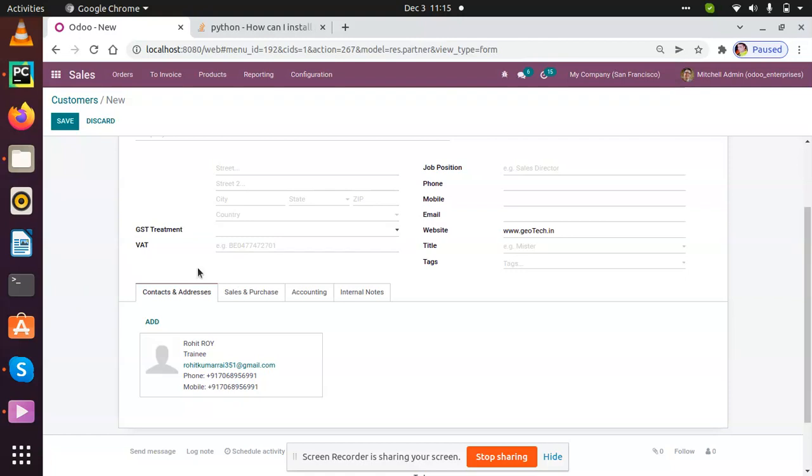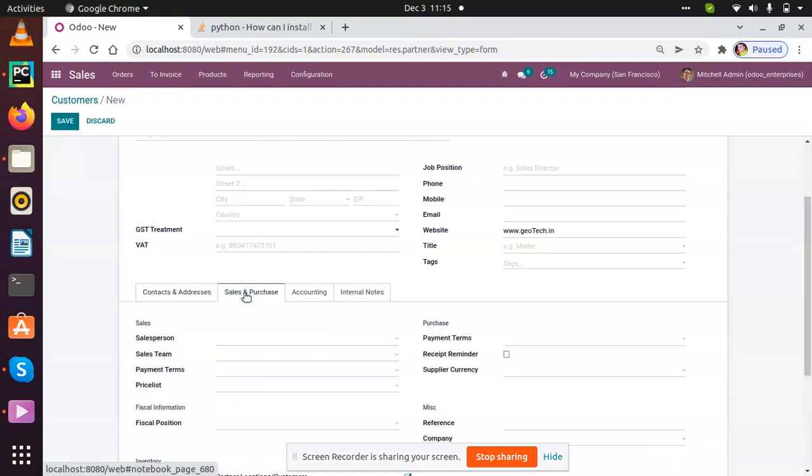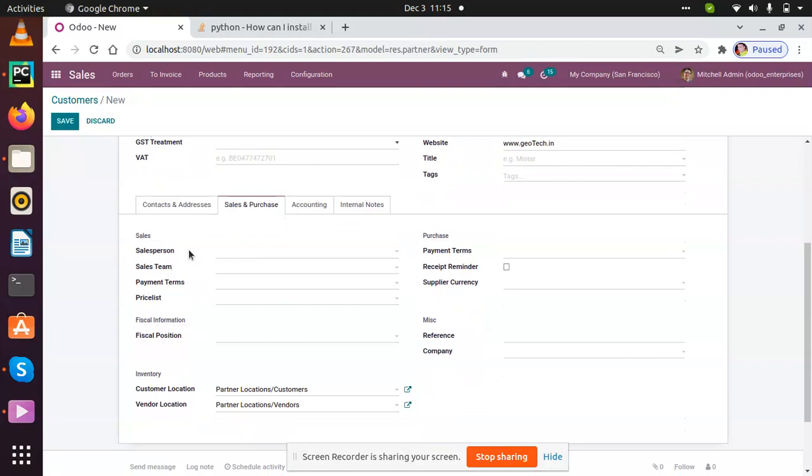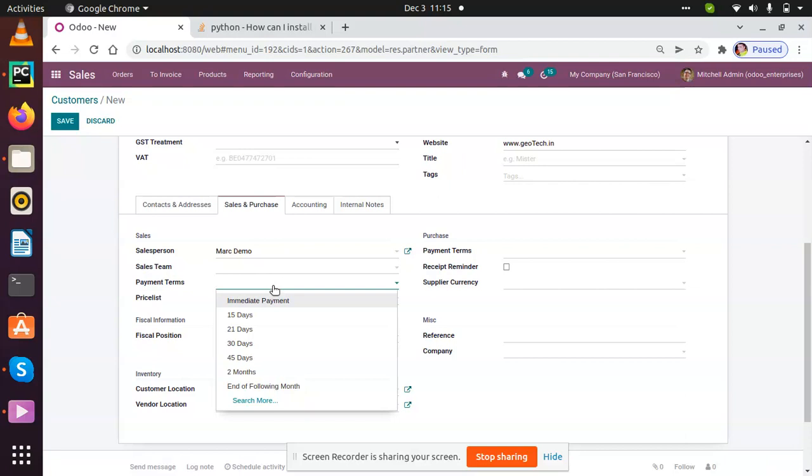Now click on Sales and Purchase. That will be the salesperson and sales team. Whatever salesperson's name can be selected, and that will be the sales team. And payment terms: if you want immediate payment, then go with immediate payment.